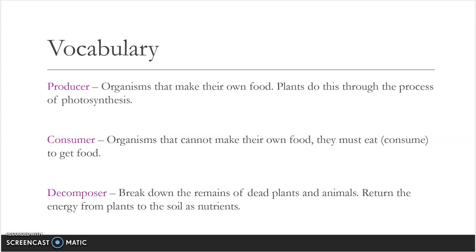Consumers. If you look at that word, take off the R and you have the word consume. That means to take in, to eat. Like producers, take off the R and you have produce, which means like to make. So consumers, they are going to survive by consuming their food. And in a moment, we're going to talk about the types of consumers, because we can break that down even further.